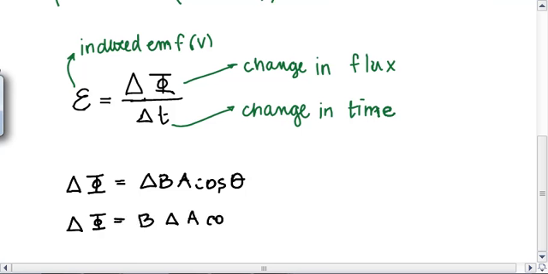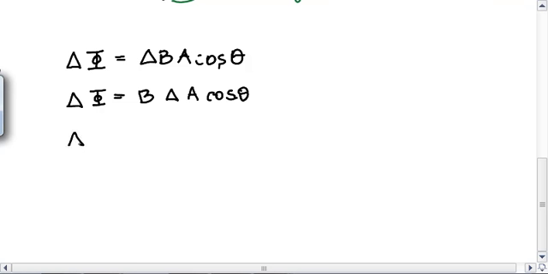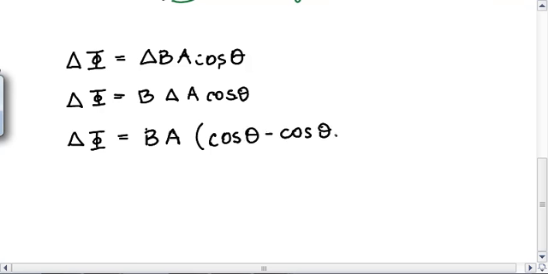We could even change the angle by maybe spinning the loop. But be careful if you change the angle, because it's not cosine of delta theta, but it's the change in the cosine theta. So I'm going to write it out, cosine theta minus cosine theta naught. So those are at least one